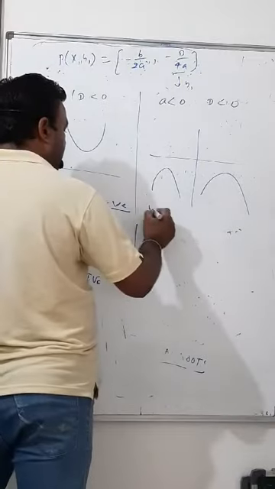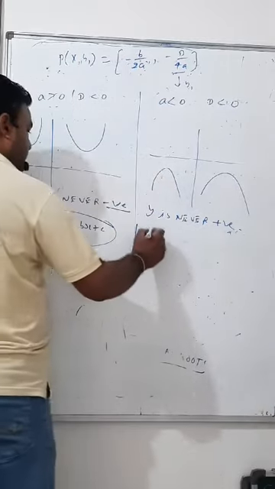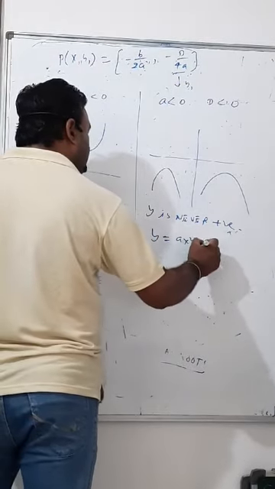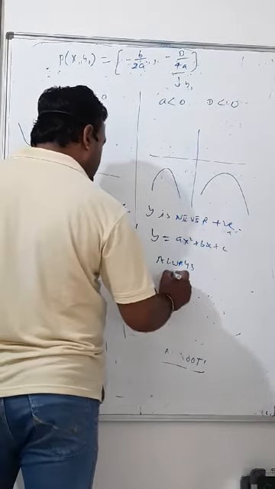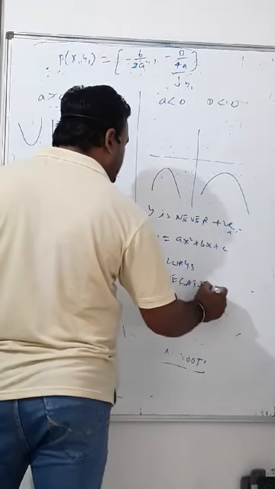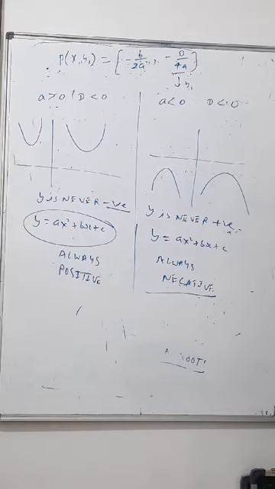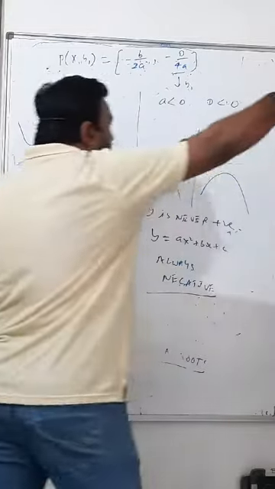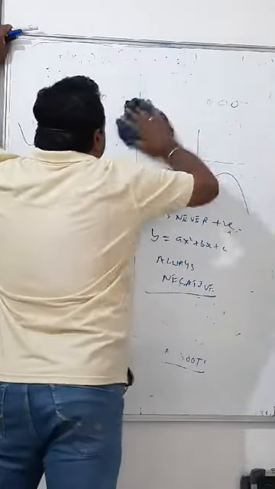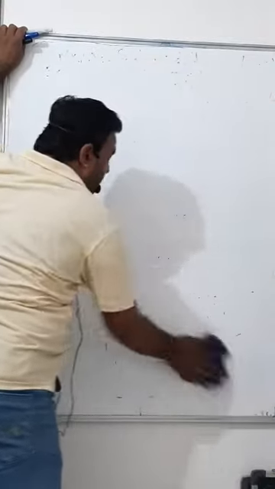Here, y is never positive. That means y equal to ax square plus bx plus c is always negative. That will help us a lot to solve lots of quadratic polynomials and quadratic equations. How it's done, look. Let's take an example. This is a new thing, of course, for you, so you must know about it.